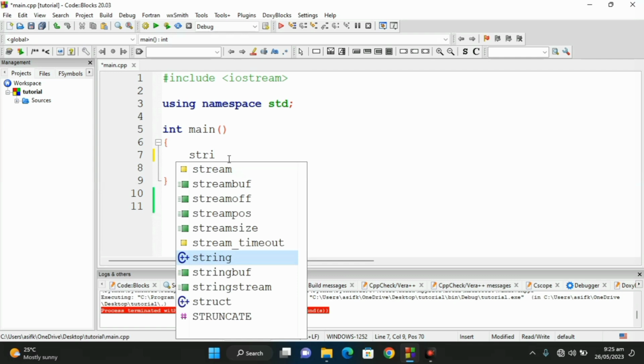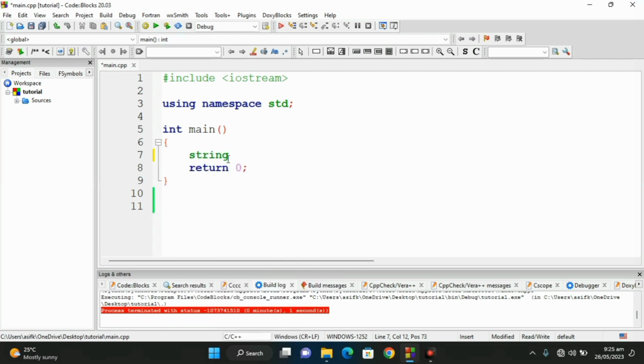One type of variable is string. Create a variable name and set this equal to the name of your desired person. For example, Asif. This is the variable name of string data type having value Asif. String type variables are used to store text data